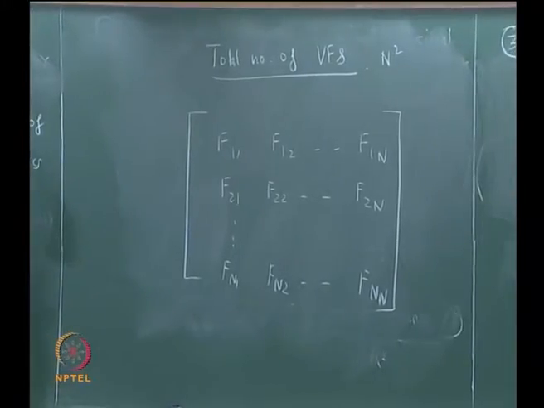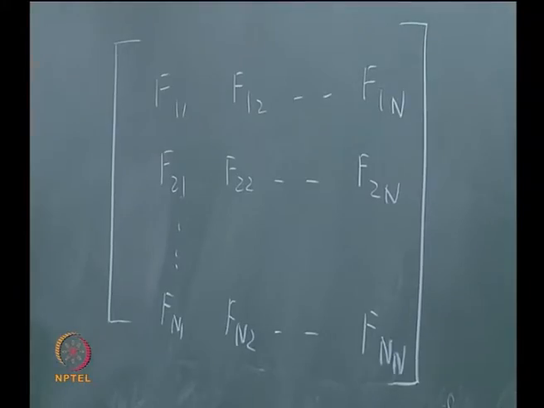Already we got some idea: A1 F12 equals A2 F21, A1 F13 equals A3 F31. So, some of them I am knocking off because of the reciprocal rule. Let us see if additional rules are available. All these constitute the algebra.